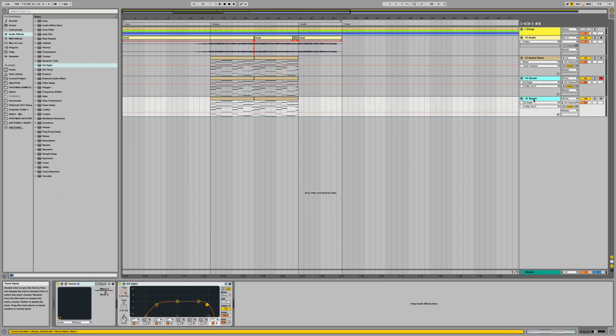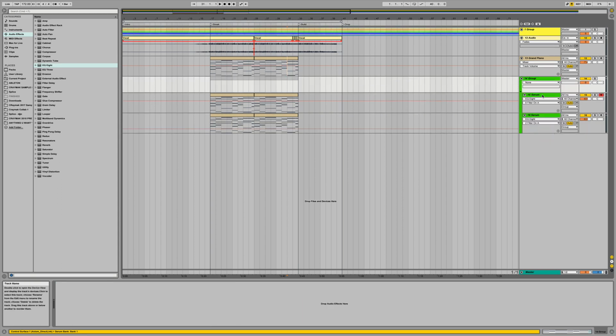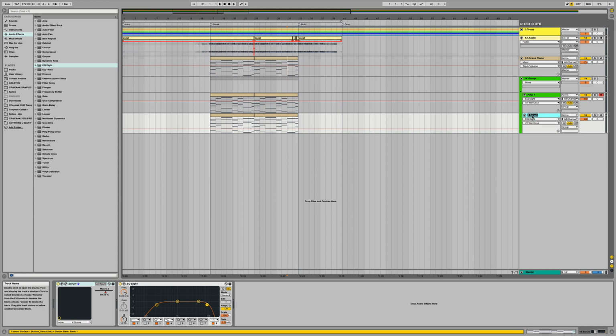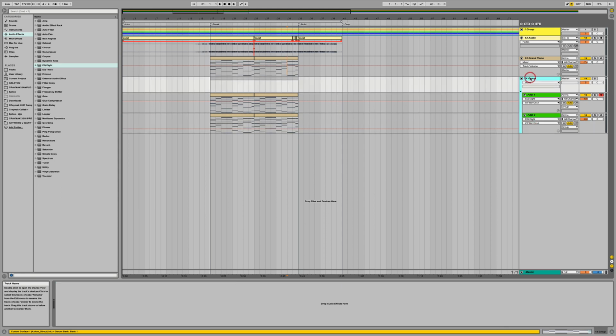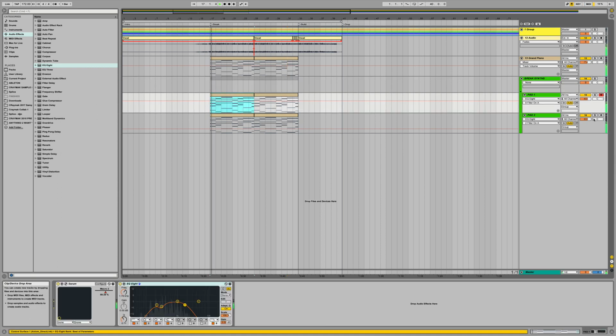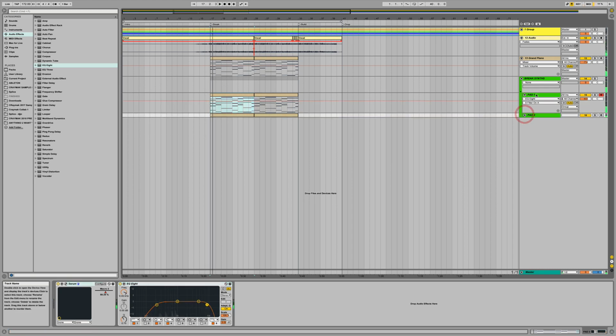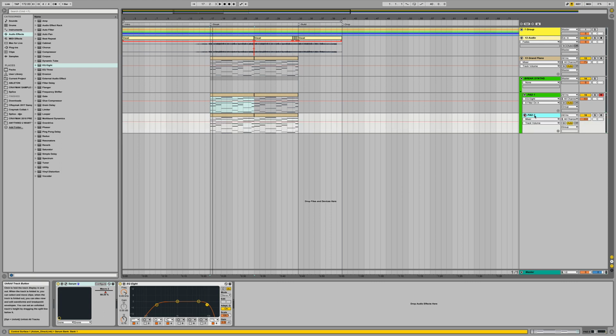Awesome, now I'm just gonna start grouping these together here. Gonna name this pad 1, pad 2, and this is gonna be break synths. Cool, okay, so